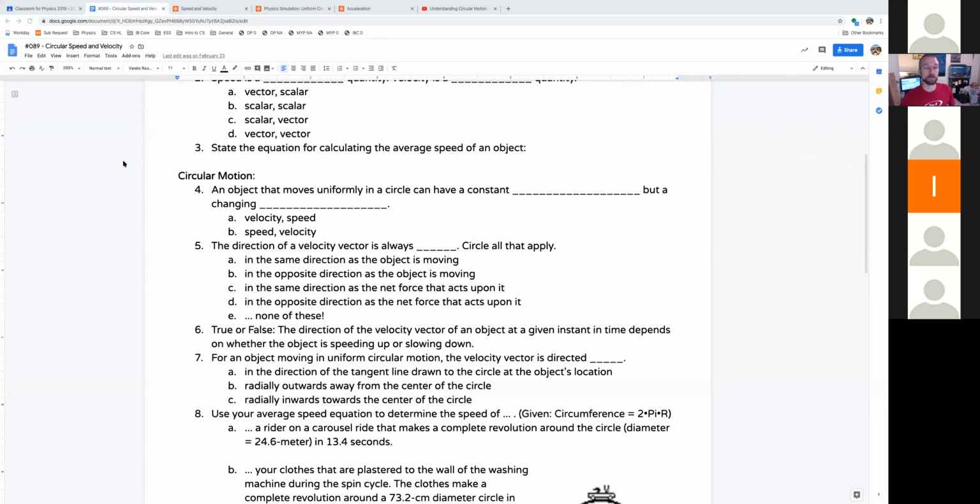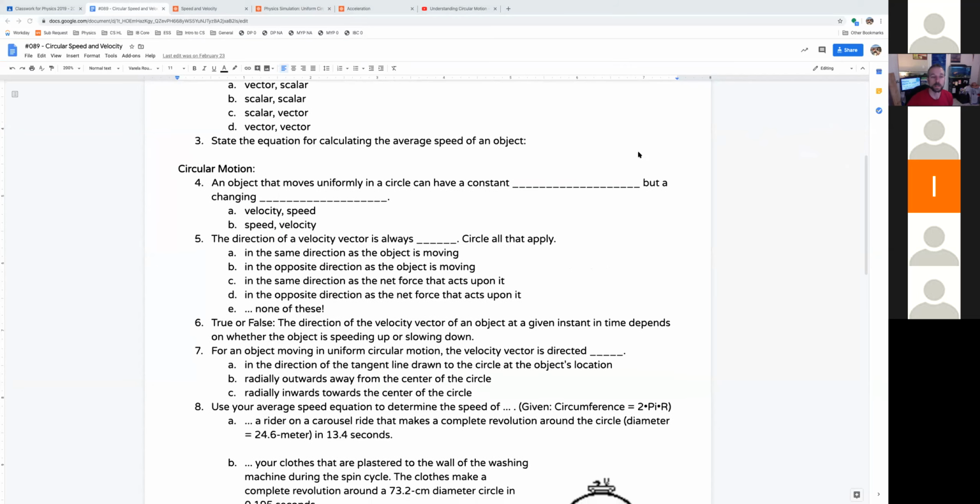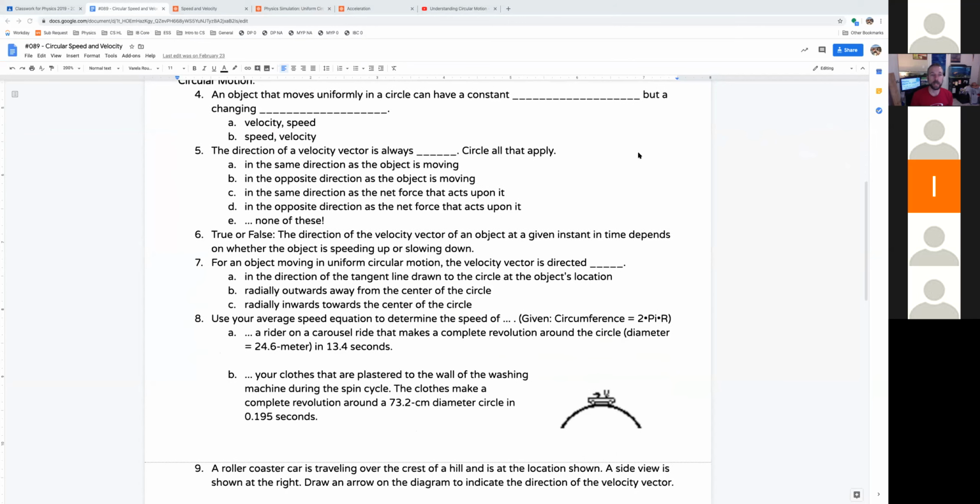So going back here, we should be able to now answer number 4 about an object moving uniformly in a circle. Can have a constant something, but a changing something else. And the direction of the velocity vector